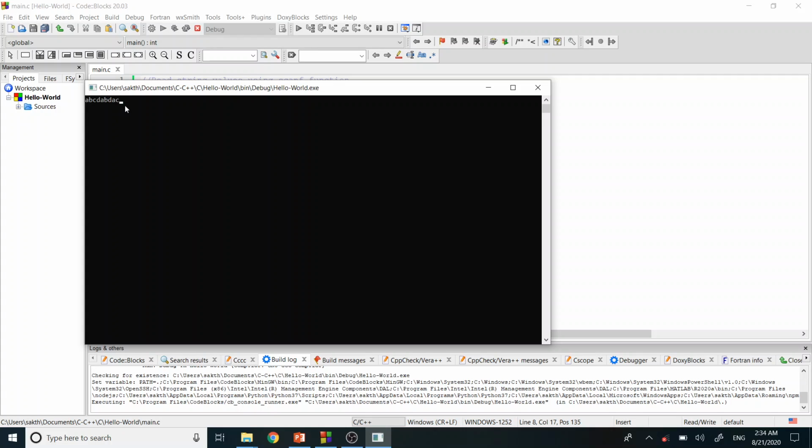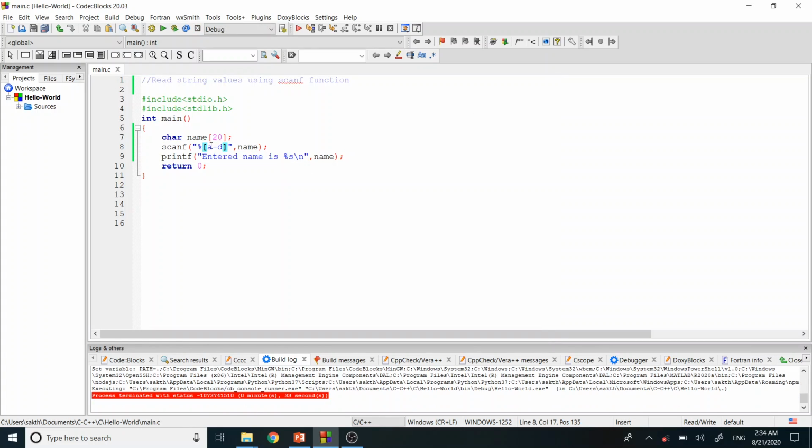But if I type just 'S' and run the program, see, it has printed till this character. That's because all these characters are present inside the set, but this 'S' is not present within that specific range of set values. It's actually getting the values from A to D, and 'S' is beyond this range. So it will stop reading the character values from the string when it encounters a character that is not present inside this range. So that's one example.